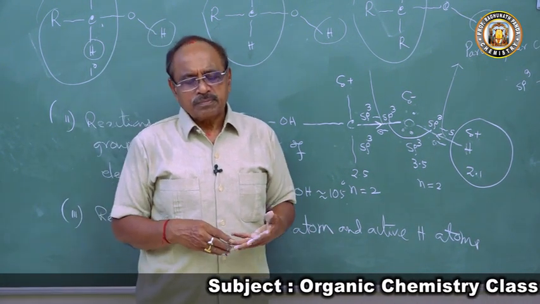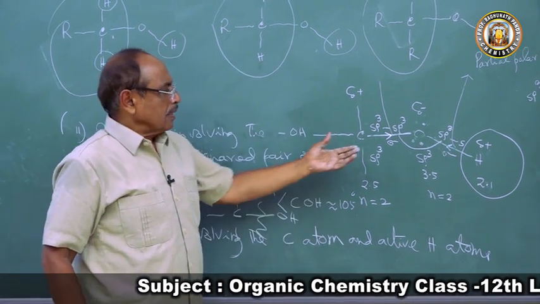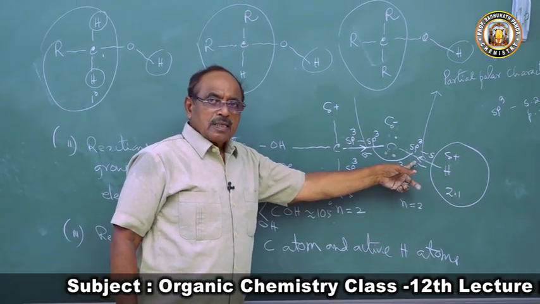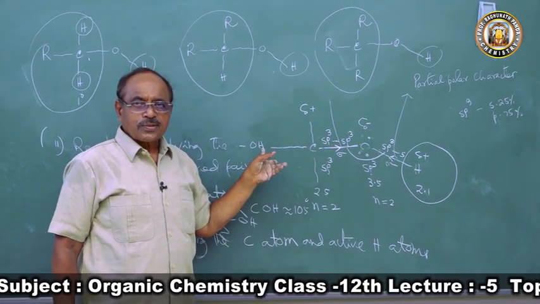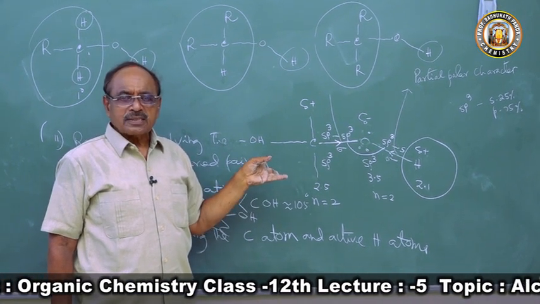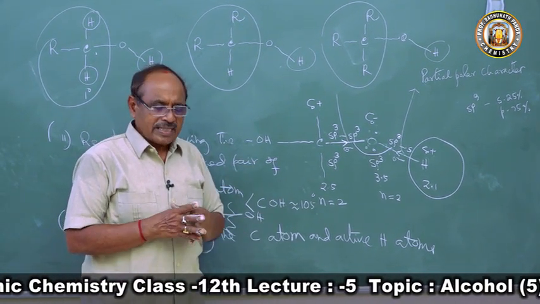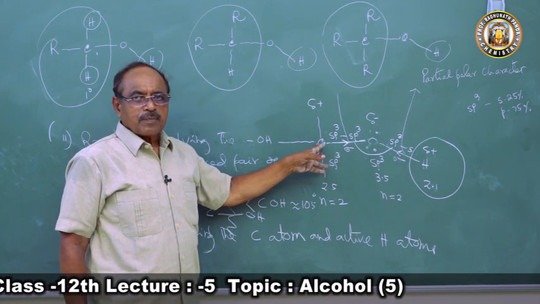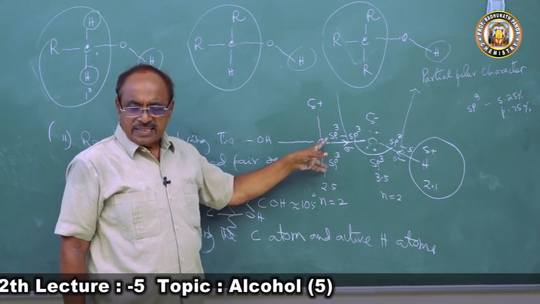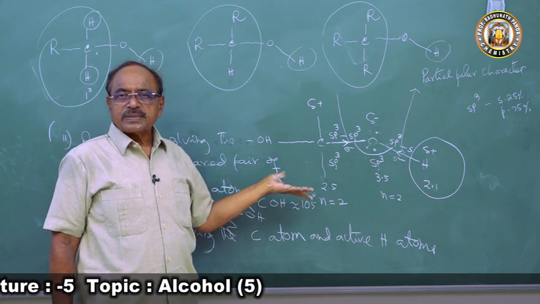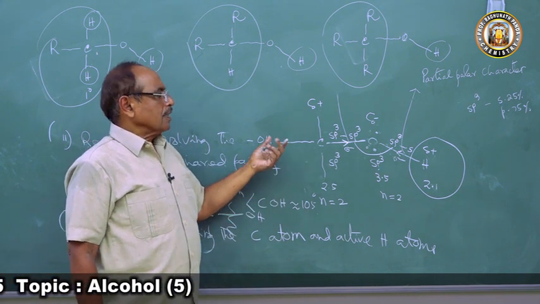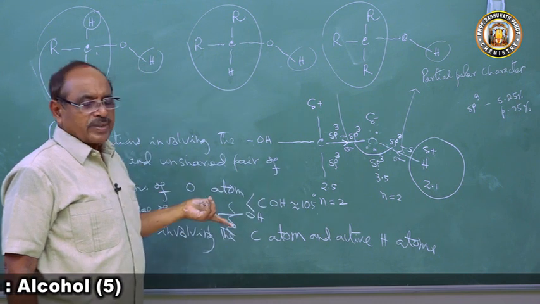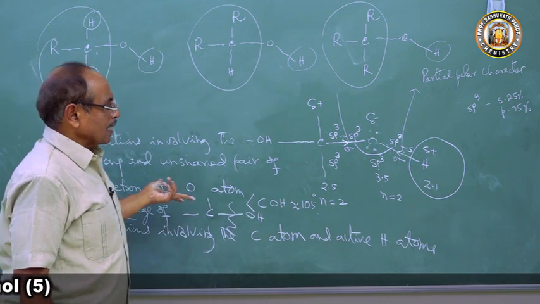Now, reactions involving the OH group will be similar in all three types of alcohols. They will be different in order of reactivity because the type of carbon atom changes. Since the type of carbon atom changes, the order of reactivity will be different. Then third, these two reactions will be similar in alcohols.